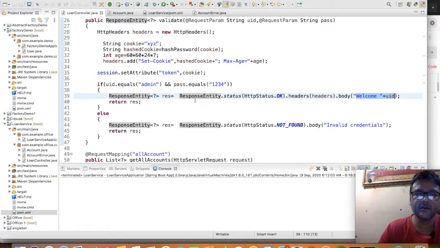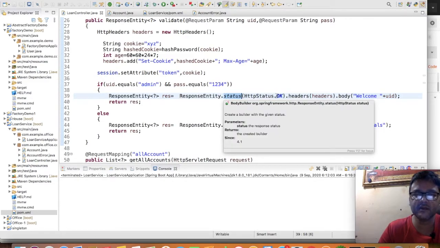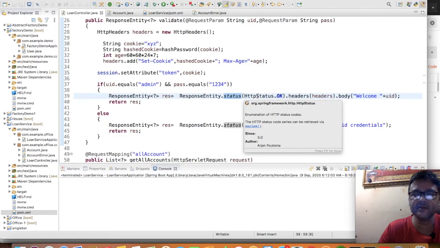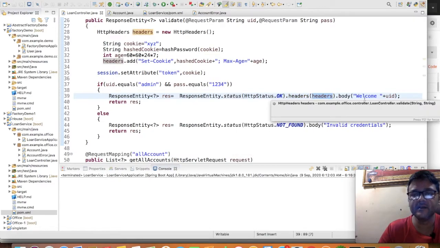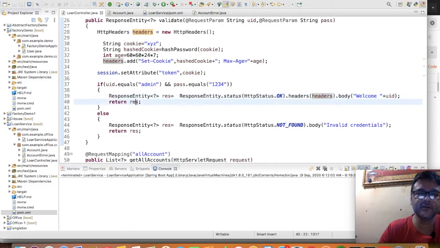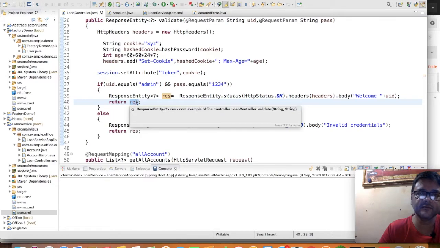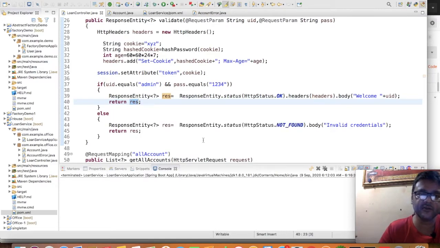So here the response entity status is OK, because there are different HTTP statuses. So I am providing the OK status, then adding the header I have created, then providing the message, and that response is going to return back to the user, or to the browser of the user, or maybe to Postman.